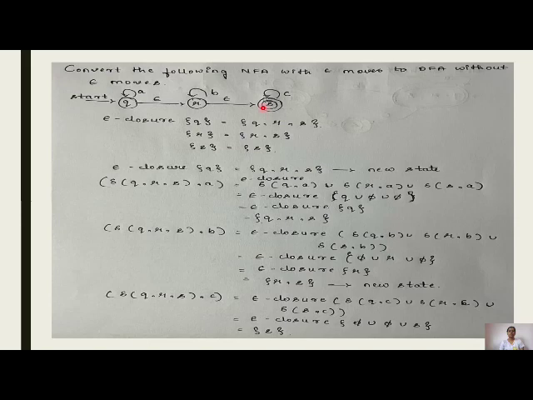So the epsilon closure of S is S itself. In this, the new state is QRS and RS. So by taking QRS, we have to take the transition of QRS comma A, input B and input C. So epsilon closure of transition of Q comma A union transition of R comma A union transition of S comma A. So epsilon closure of transition of Q comma A with the input A, Q is going to that state